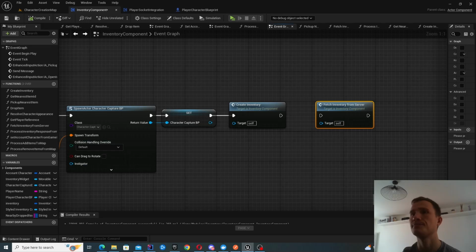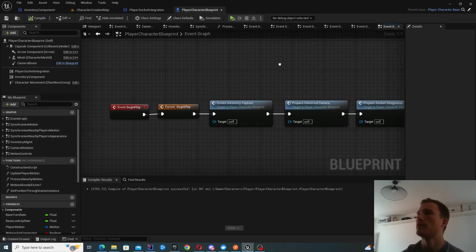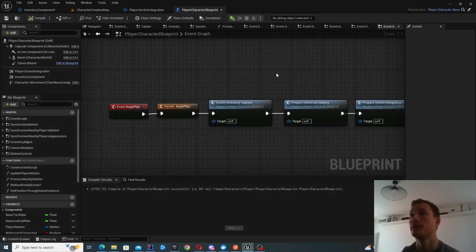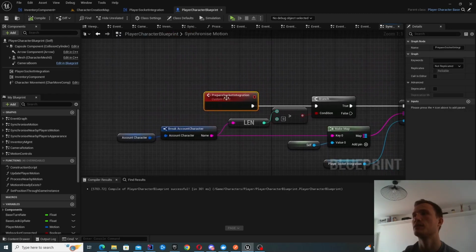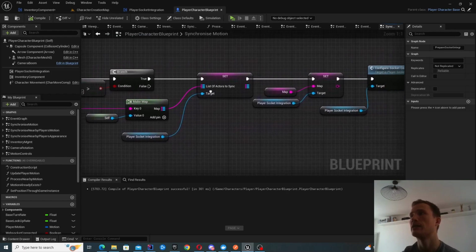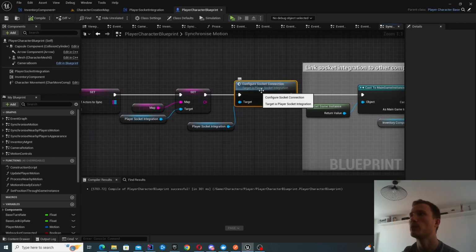initialized and started. Okay, so we'll get started with the player character blueprint, and specifically we want to have a look at what happens when we begin play. So when we construct our player character, one of the things that we do is configure the socket integration, and we've looked at this in the past, which is not relevant to the inventory, but what I want to highlight